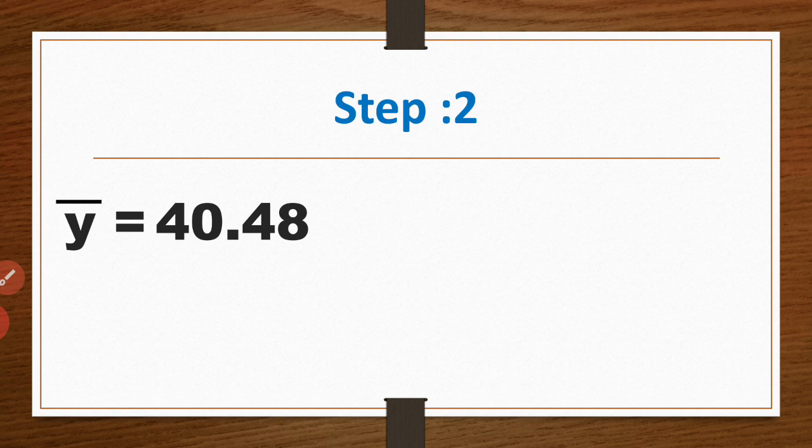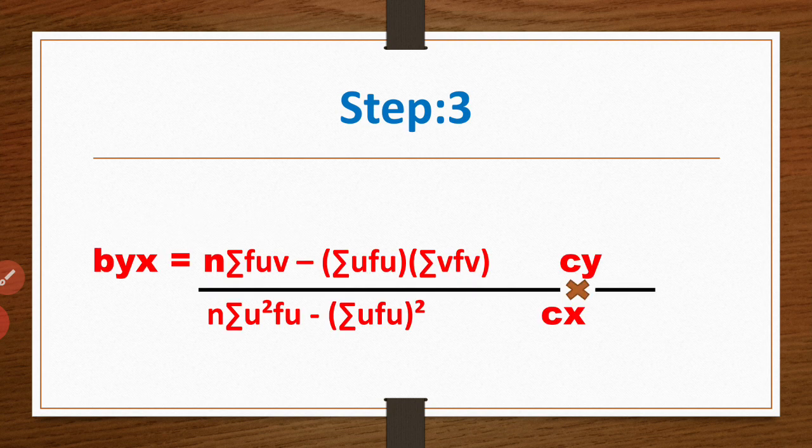After finding x bar and y bar, step number 3 is to find byx, because here first we clear the y on x equation. Okay, so here you find both equations, y on x and x on y, but I will explain only the y on x equation, and you will find the x on y equation as homework in the same question with the same table. You do not prepare the bivariate table in another manner. Directly write the formula of x on y and calculate the x on y equation. Okay, so first let us clear the byx formula.